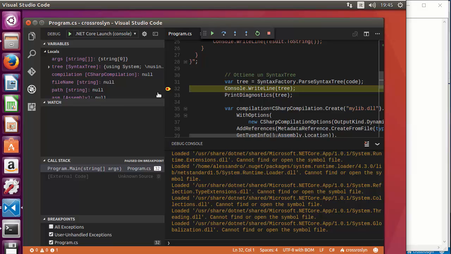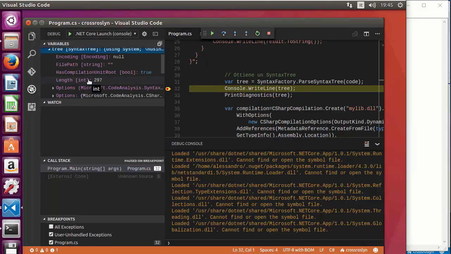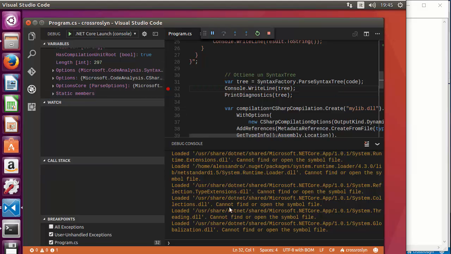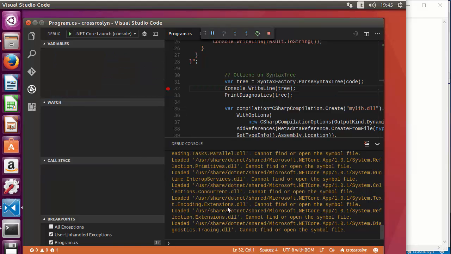So I placed a breakpoint here just for demonstration purposes and to demonstrate that you can get all the information the compiler is able to provide on the syntax tree. So you can use a breakpoint and investigate the local variable, in this case, that contains the syntax tree generated by the compiler starting from source text. If I go on with the execution,